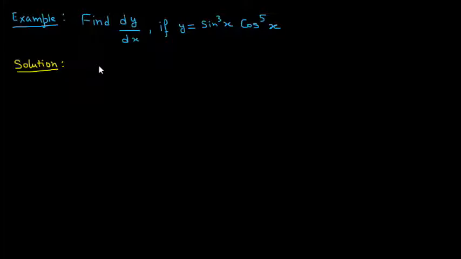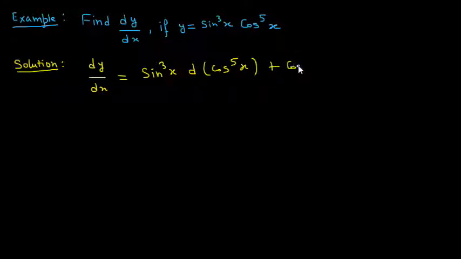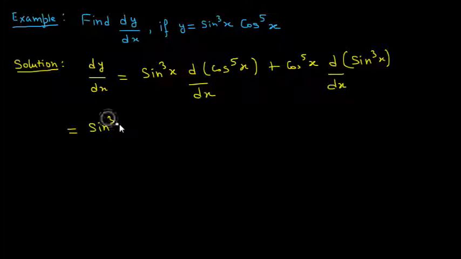So dy by dx is equal to sin cube x d upon dx of cos to the power 5x plus cos to the power 5x d sin cube x upon dx. Upon solving, we get sin cube x